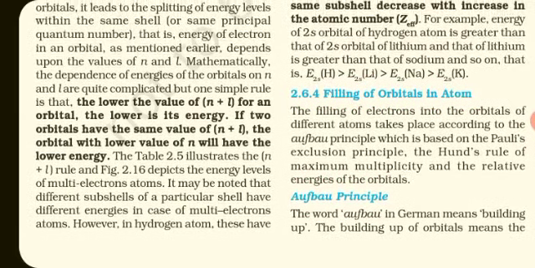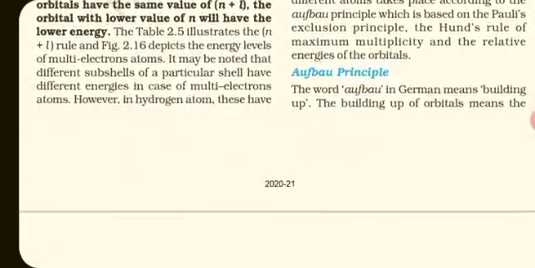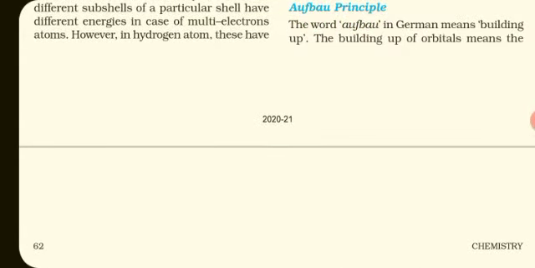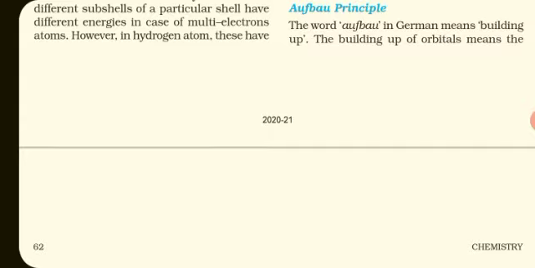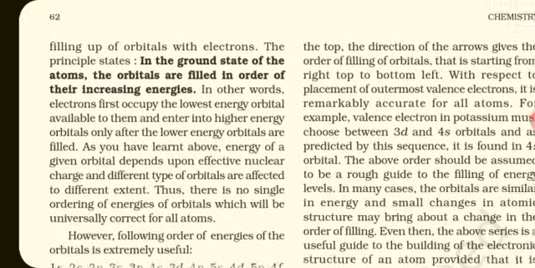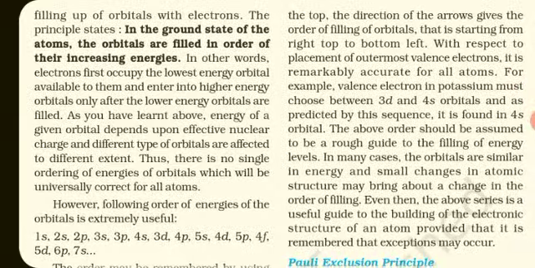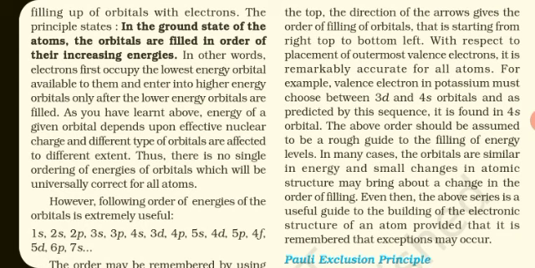Now we'll see some important rules for the filling up of orbitals in an atom, which is based on three fundamental rules, namely the Aufbau principle, Pauli's exclusion principle and Hund's rule. We'll see them one by one. The word Aufbau in German means building up. The building up of orbitals means the filling up of orbitals with electrons. The principle states that in the ground state of atoms, the orbitals are filled in order of their increasing energy, and the order is as follows: